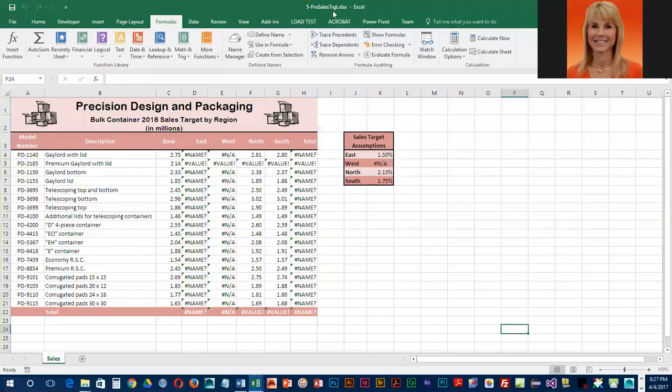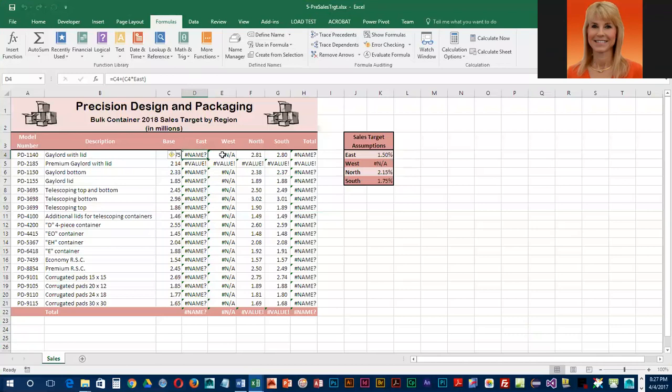So I've opened up pre-sales target and named it with the 5 in the dash. And just looking at this thing, it's a bit of a mess. So hopefully you don't ever see this in your spreadsheet. But these are errors. And sometimes errors are the result of data being deleted, columns being deleted, that type of thing. And there are some features in Excel that will help you resolve the problem or figure out what the